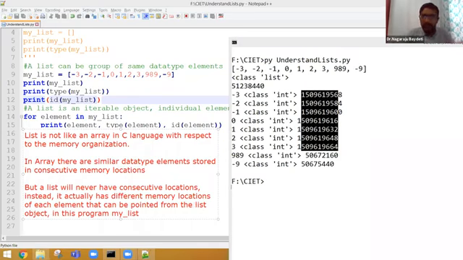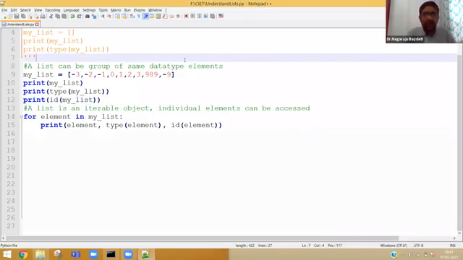Okay, now let us go further. I believe that you are able to understand. I am not telling you list is a group of elements, list is the same data type element, list can do this, list can do that. No, I am just defining a list, and for nearly 25 minutes I am talking about only a single line list. What exactly is a list? It's an object. How exactly are the elements stored? If they are individual data types, then we extend it to the address. In line number 15, first I printed the element, then I added the type. Now I am adding the address. By seeing these three, you can understand more concepts about list.